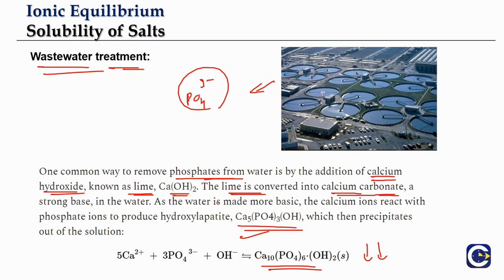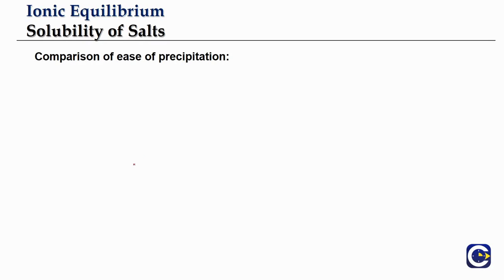So precipitations are a common method that is used in various aspects, even including some of the food material making. We use the idea of precipitation. Okay. So while we have one salt which can precipitate if its ionic product is more than the solubility product, what if there is a possibility of two salts getting precipitated? Which of them will have relatively higher ease of precipitation?